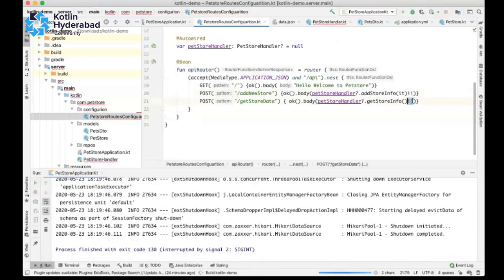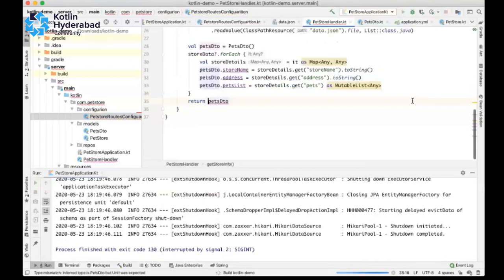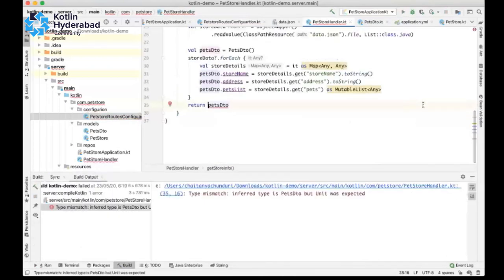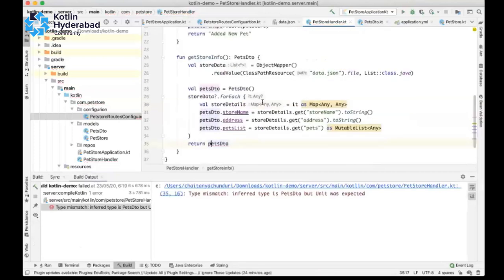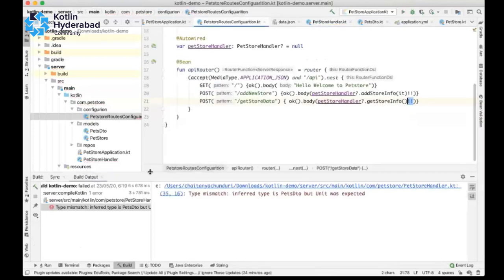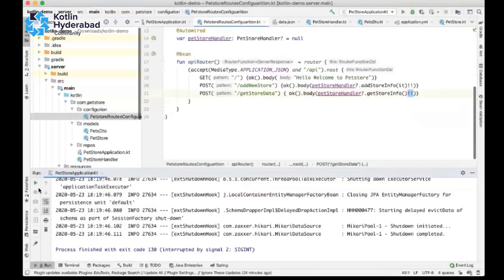If you place these things here, Kotlin just simply ignores it if it becomes null. It is another way to suppress the null pointer exception in Kotlin.